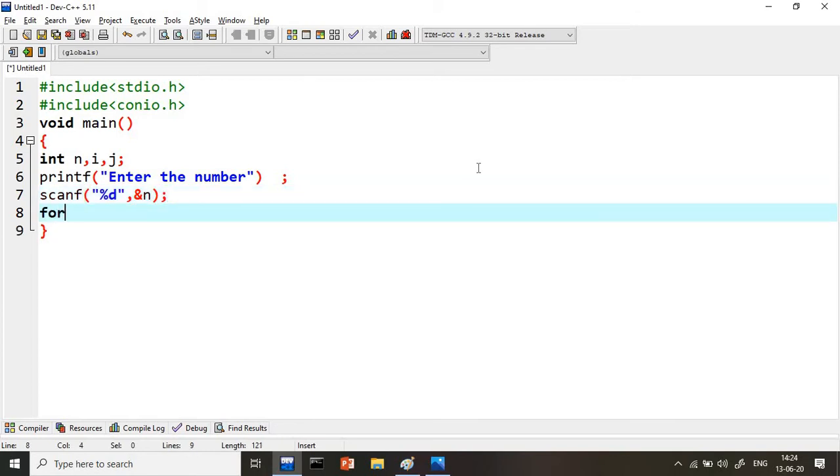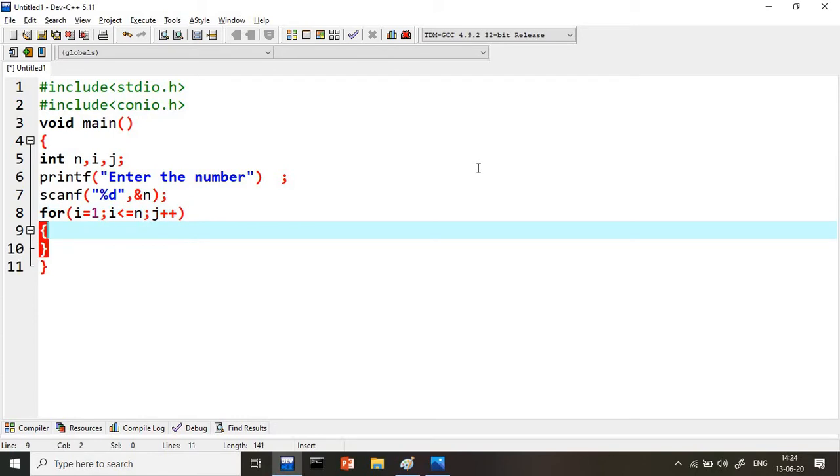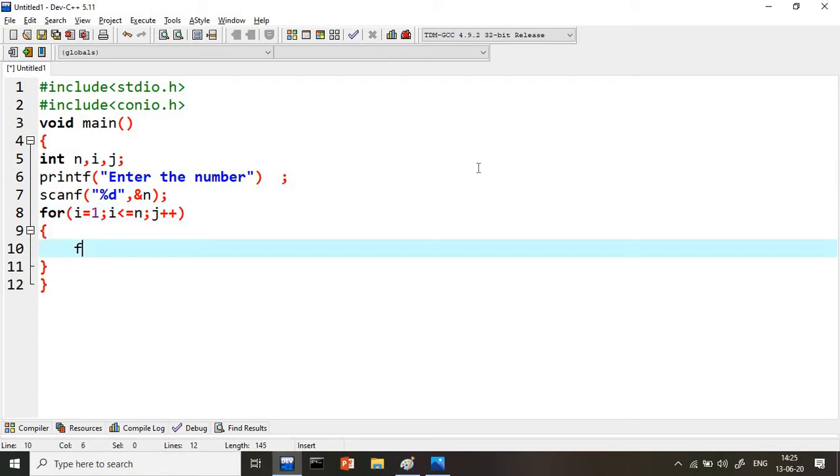Then we will use loops to write this program. The outer for loop will execute as many times as there are rows, but the inner for loop will change. In the last program, the inner and outer for loops were the same, but now here they will not be the same. We'll discuss what to write in a minute.